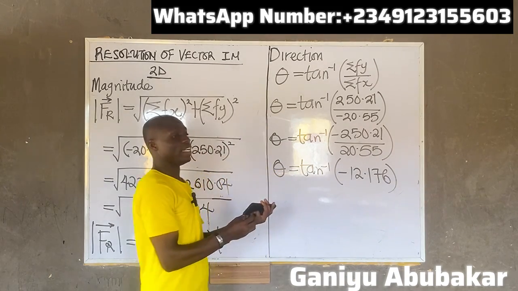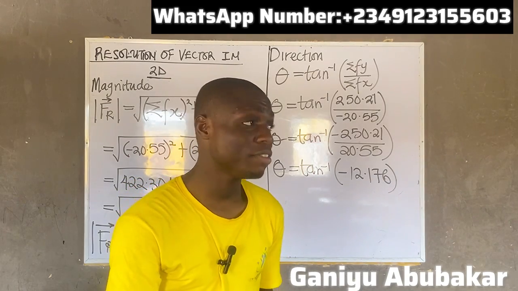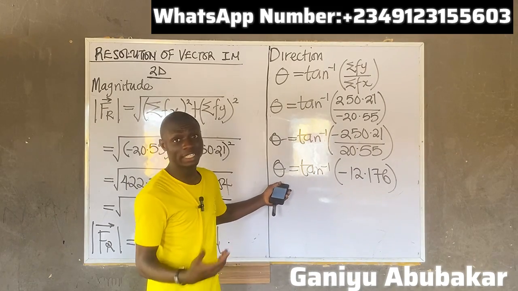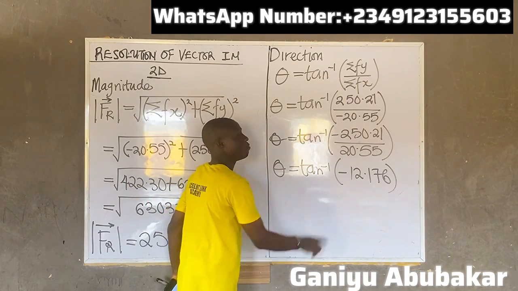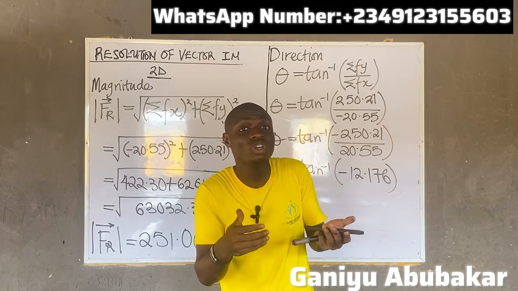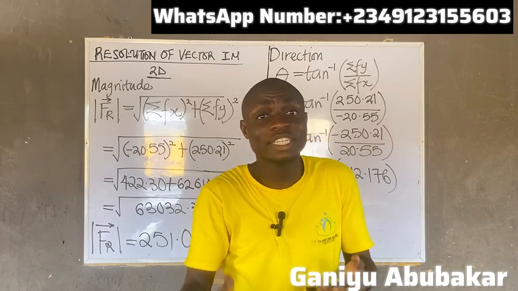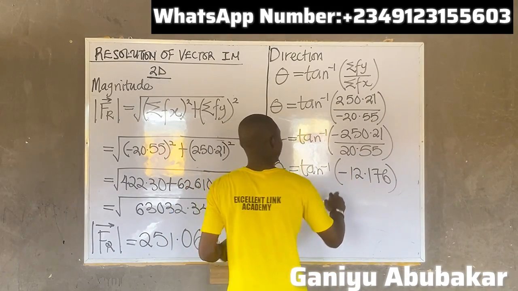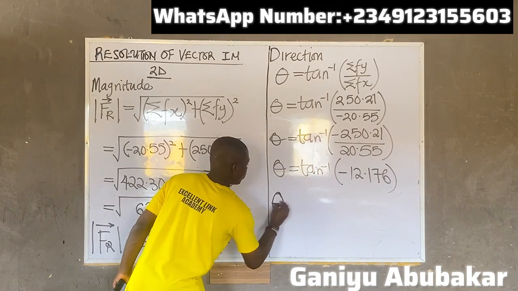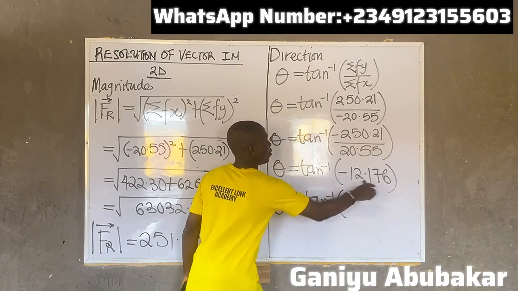Now, listen and listen. There are some things in life that can never be negative. For instance, angle can never be negative. It can be negative, probably trying to show the direction of that angle is towards the negative region. But in application, it does not mean it's negative. So if I want to punch the calculator now, I can ignore the negative. So I'm saying that theta will be equal to what? Tan inverse of